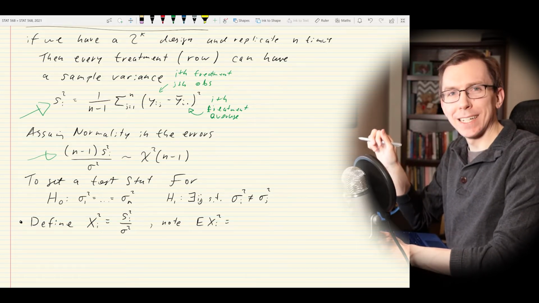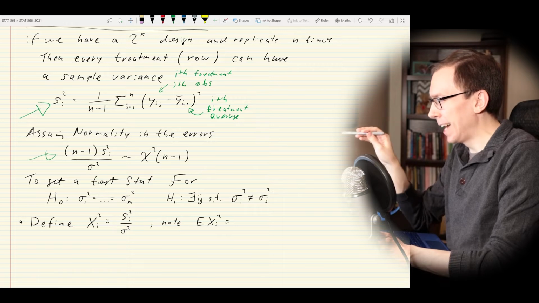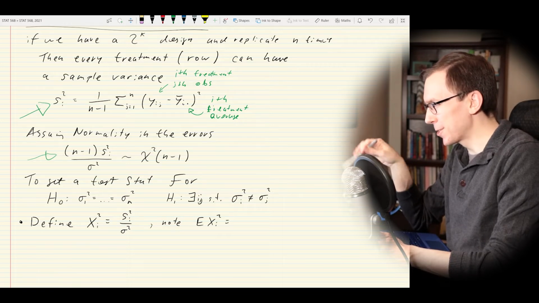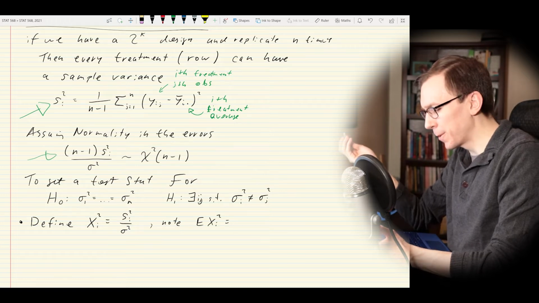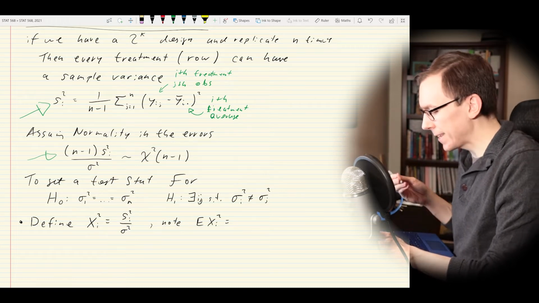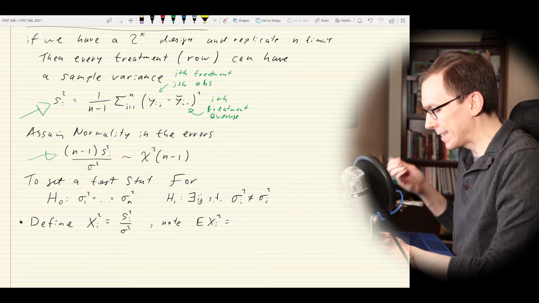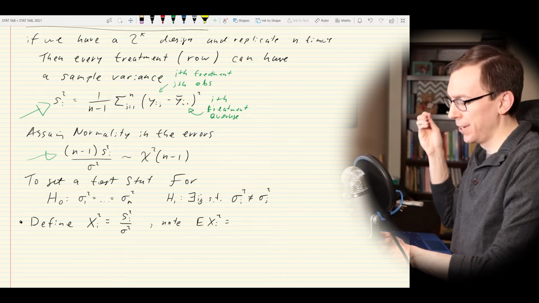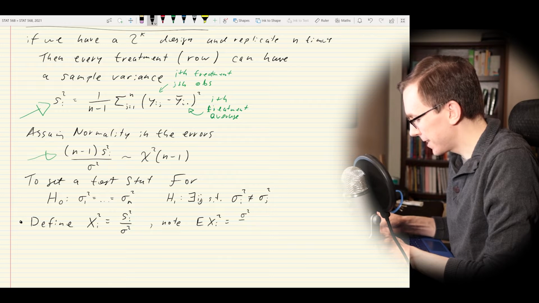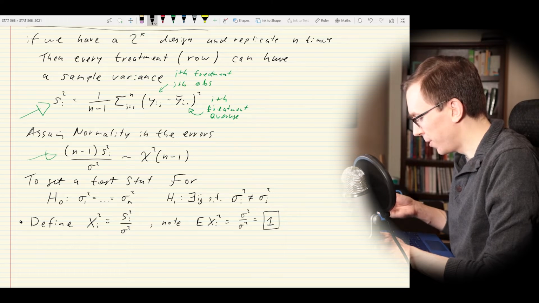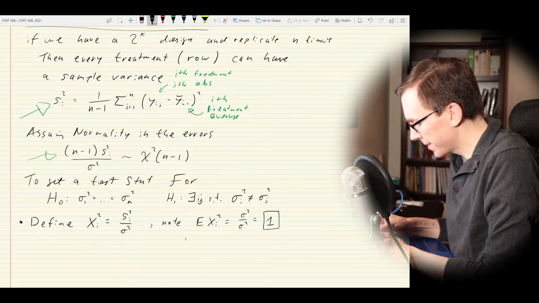That's where I was confusing myself earlier, right? In the null hypothesis case, all of the sigmas are equal to each other, so we don't need a subscript. In the alternative, they would be different. But in this case, our s i's should all be unbiased estimators for sigma squared. So what I end up with is sigma squared divided by sigma squared, which is just 1. So it has a mean of 1, and its variance,